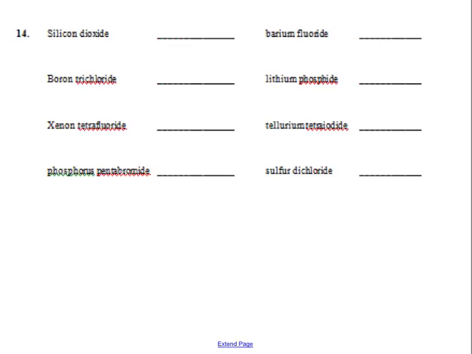We can do these really quick because, well, they're mixed up. So we're going to actually have to figure out if they're ionic or covalent. So silicon dioxide, ionic or covalent? How did you know? Di. It has a prefix in it, so you don't even have to think, right? However, when we get over here to barium fluoride, barium's a metal, right? Fluoride's a nonmetal. That's an ionic substance. So we have to balance charges. What is this? Barium's +2, fluoride's -1, so it is